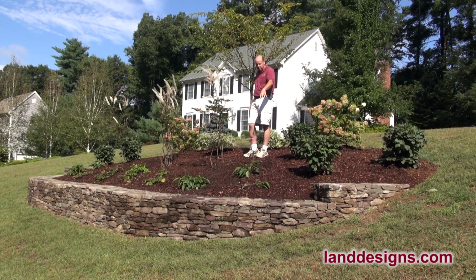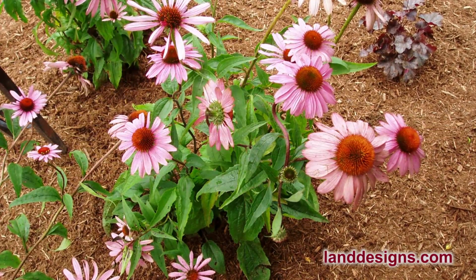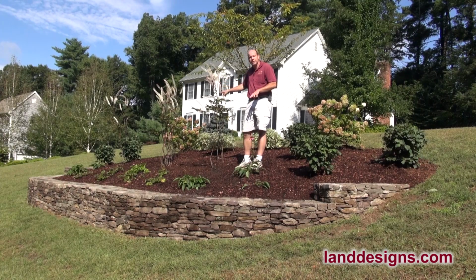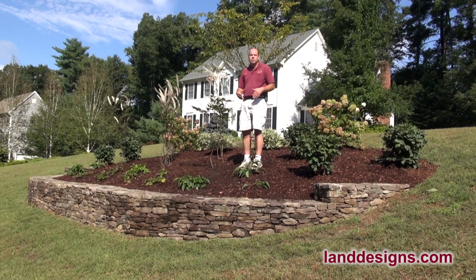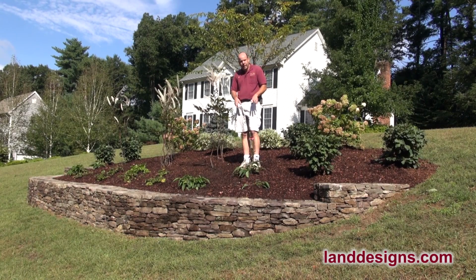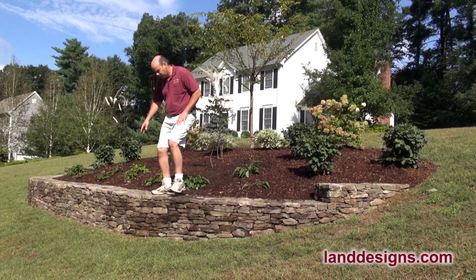And then down in front, you can see we've got some purple coneflower. I mixed in 3 purple coneflower on either side. I could have very easily used purple coneflower on one side and a different plant on the other side. But very reliable perennial, looks really nice, long bloom. So that's where we have the purple coneflower. And then down in the front here,